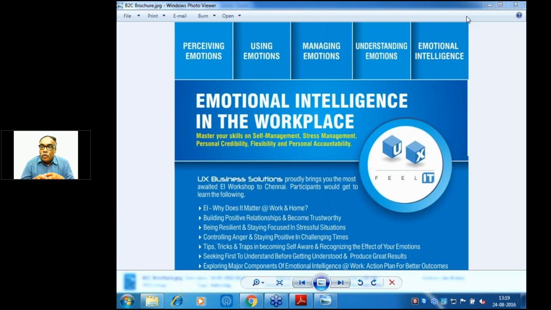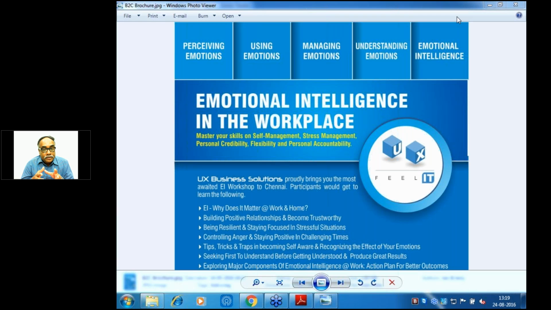Now, logically, many participants are here. Some of you might think the fourth quadrant will be public control or professional control, because I said self-awareness is first, self-control with management is next, and public or social awareness is the third. So immediately we jump to the conclusion that public control we will want to make. Please understand that you can be aware about yourself, you can control yourself, but even though you are aware about others, you may not be able to control others, because human beings are not to be controlled. They are supposed to be managed with relationships.